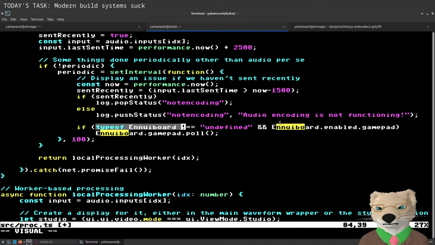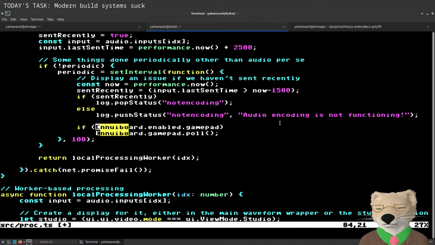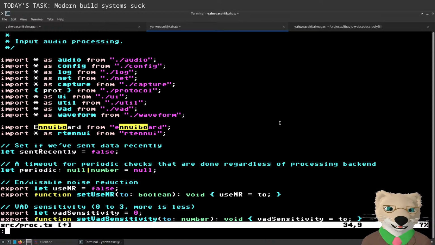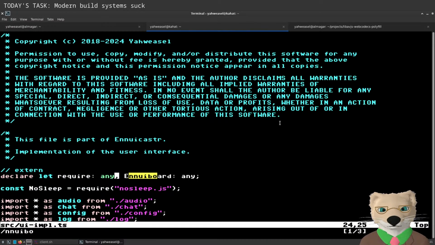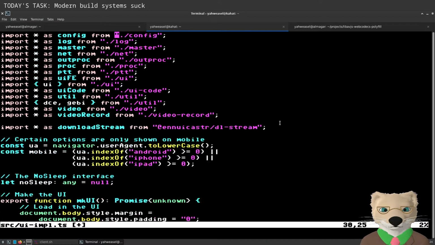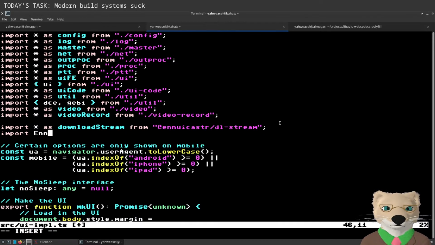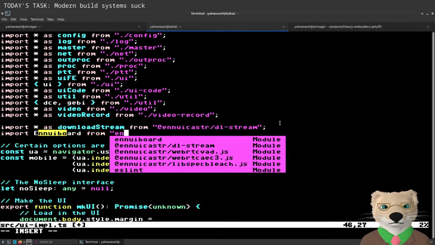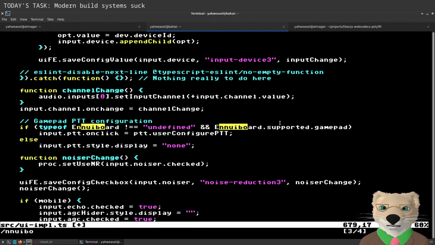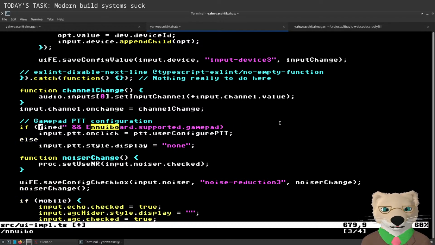So it can no longer be undefined because it's just input. There's nowhere for it to be. So this can now be under subsystems.gamepad.poll. That's still not going to work. I need to fix it. No big worries. Unlike before, this will now have documentation. It'll have types. It'll actually check whether I'm messing it up.